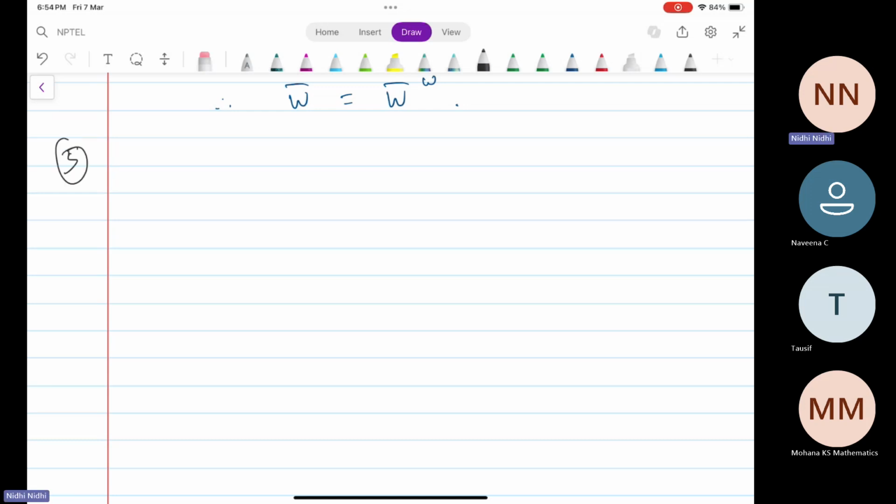Let T be a linear operator in V. Part A. Show that